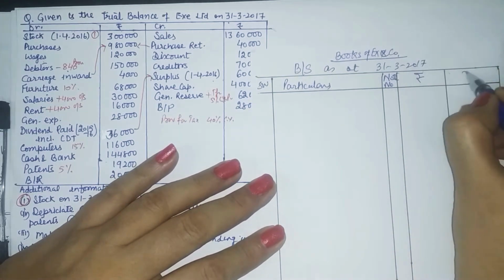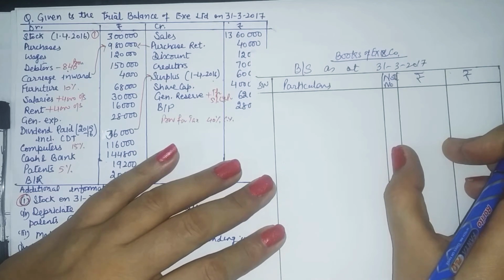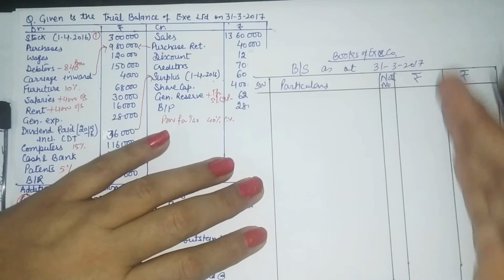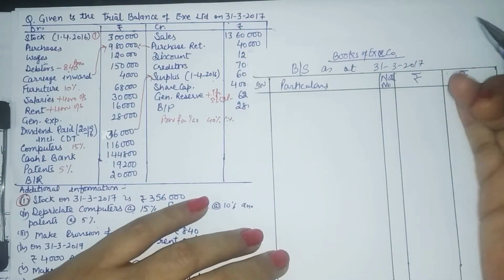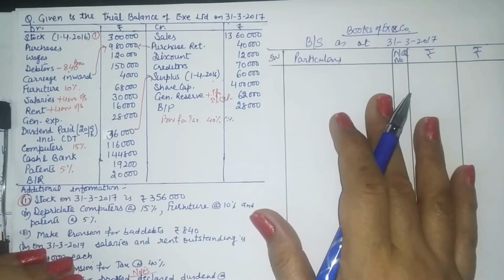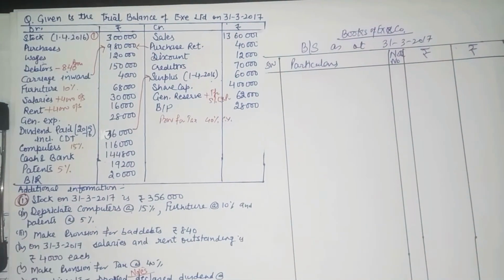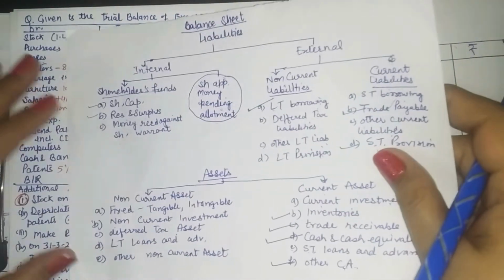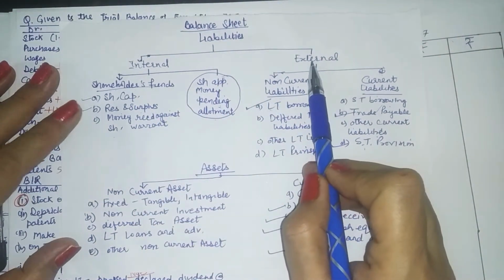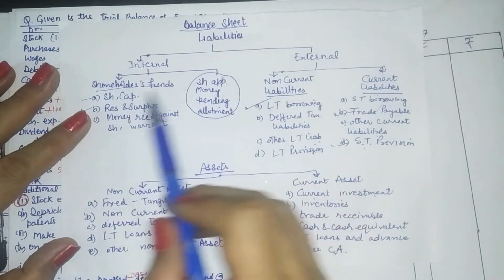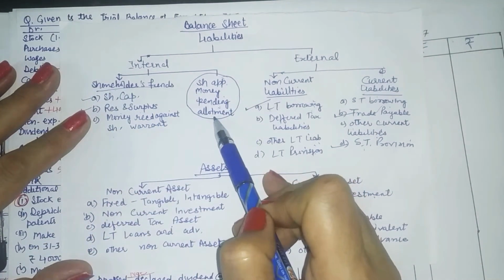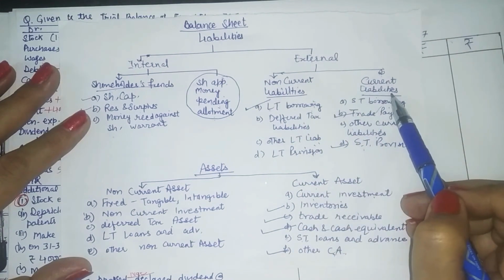Now the amount will be recorded in two columns: an internal column for subcategories, then an external column for the main categories. We can make one column also, and within this we can add up the amounts and then write the grand total. But we can do it in two columns also. Now coming to the categorization. I hope you remember the components of the balance sheet. Liabilities are divided into main categories, and you have four categories here: shareholders funds, share application money pending allotment, non-current liability, current liability.